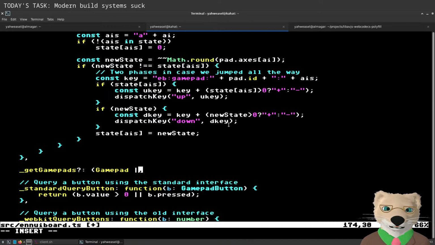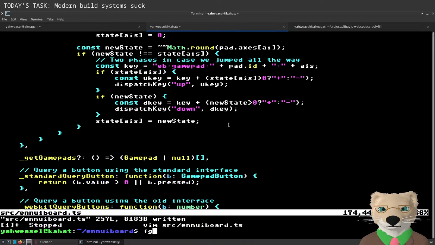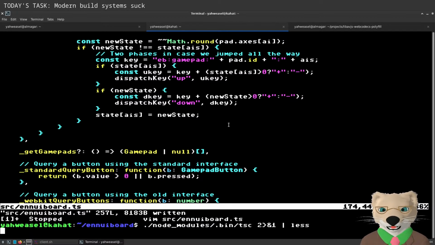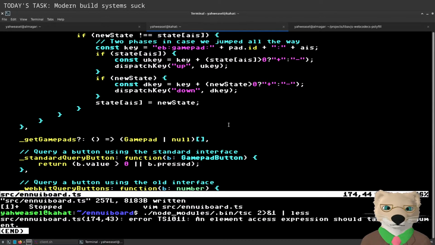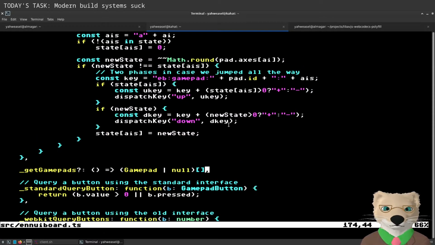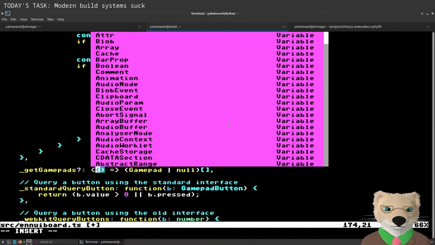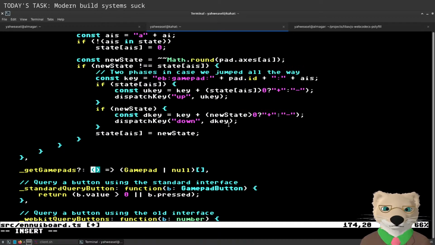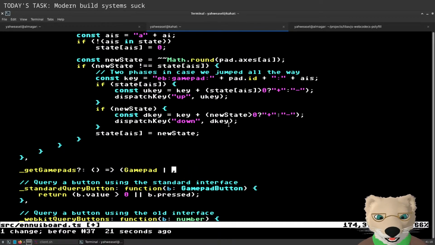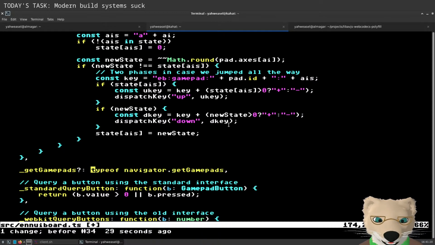Oh well, I'm just gonna use the type as written and not try to use type of to get cute with it. Oh, I see what happened here.